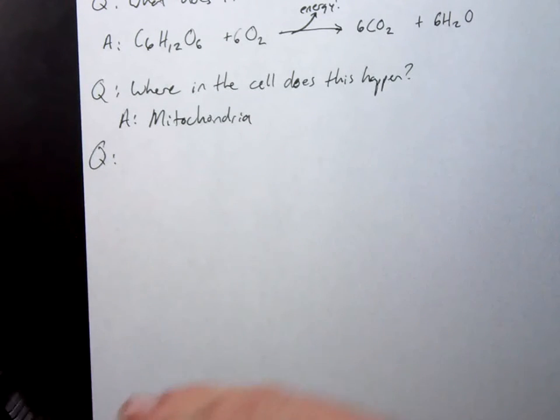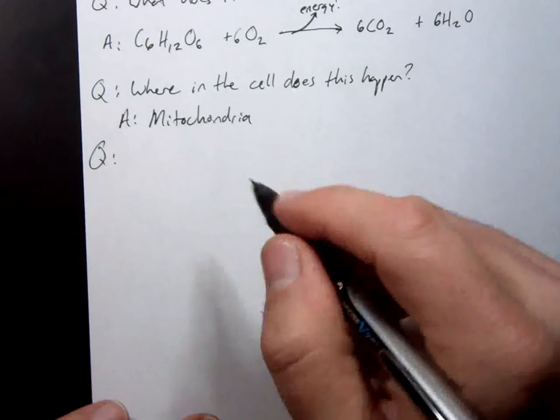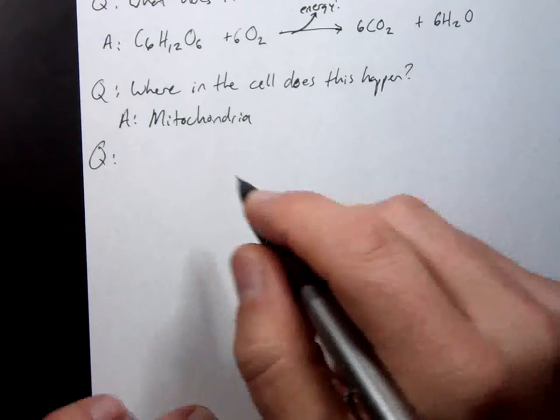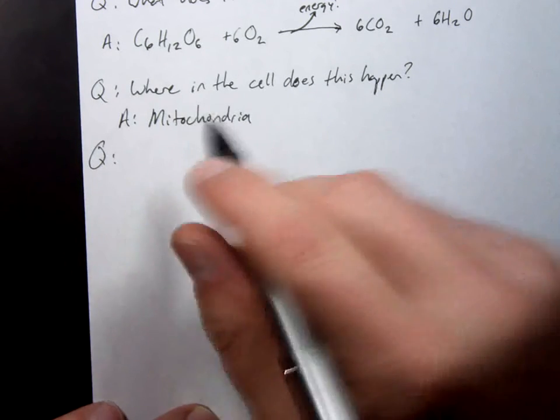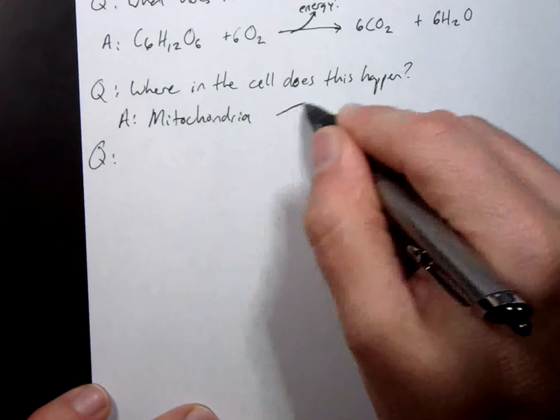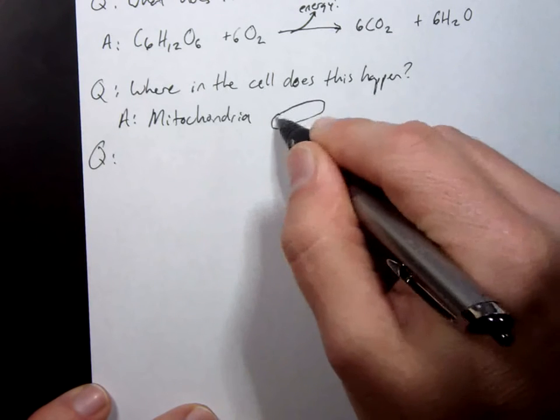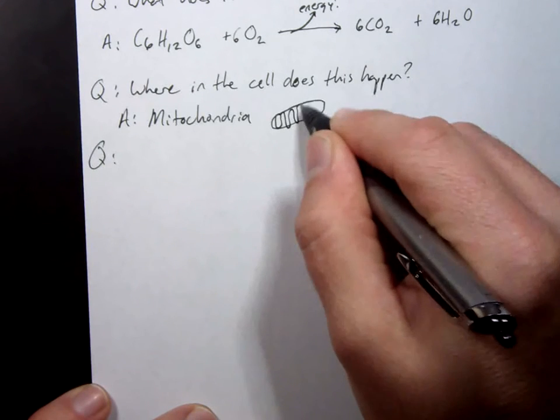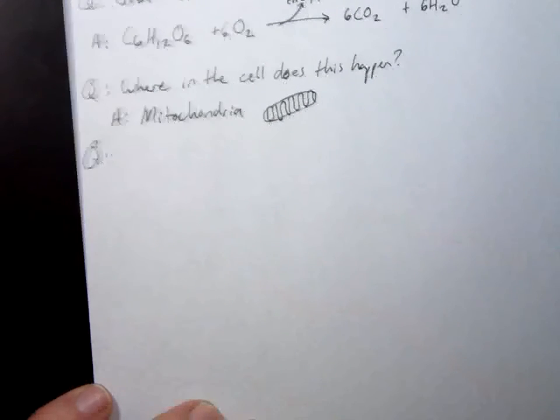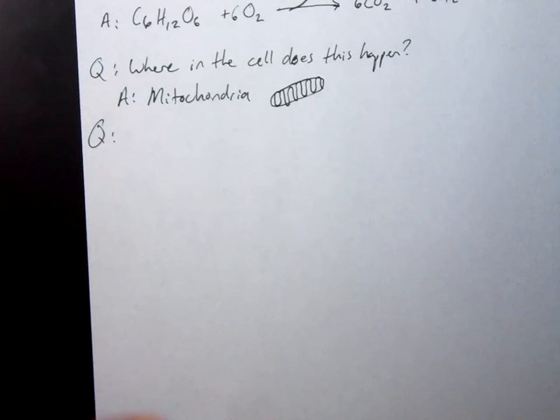Question. You're like, how many questions? 13. 13 questions today. All right. Oh, yeah, I should probably try to draw a picture of the mitochondria and do a terrible job of it. Here's like a canoe with a maze in it. That's what it looks like. Yeah. Mitochondria.